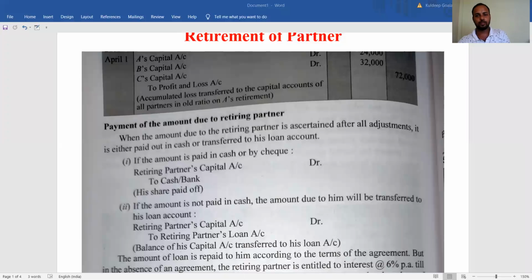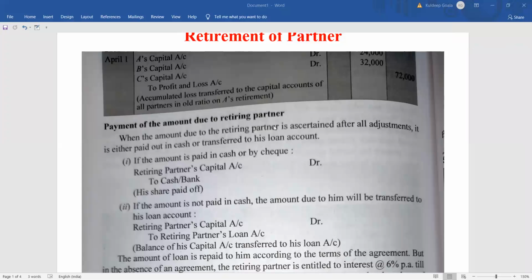So today we are going to focus on the bigger sums where we have a collection of all the things. That is, the revaluation account will be there, partners' capital account will be there, and the balance sheet of course will be there. So along with that we are going to do it, right? So let's start, sharing the page with you all. We will take up a completely big sum where the settlement of the partner will be there, a full-fledged sum. This type of sum may carry 6 marks in the final examination. So try to understand that.